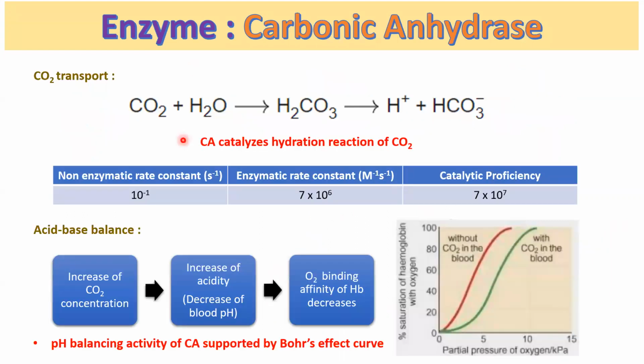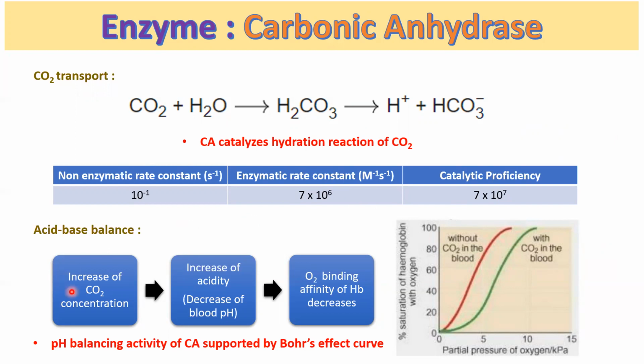This reaction has a non-enzymatic rate constant of 10 to the power minus 1 second inverse, and the same reaction in the presence of carbonic anhydrase enzyme has a rate constant of 7 into 10 to the power 6, and it has a huge catalytic proficiency of 7 into 10 to the power 7. So carbonic anhydrase helps to maintain the acid base balance in our body,